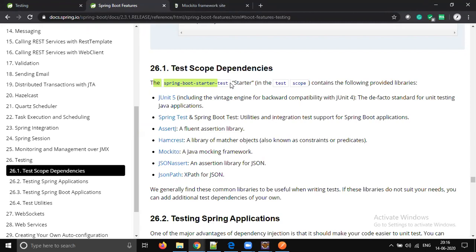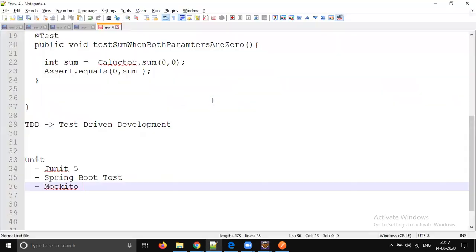This is what we should understand, because this concept is very important. There are some version conflicts we have with respect to unit test cases. The latest combination is JUnit 5, Spring Boot test, Mockito.